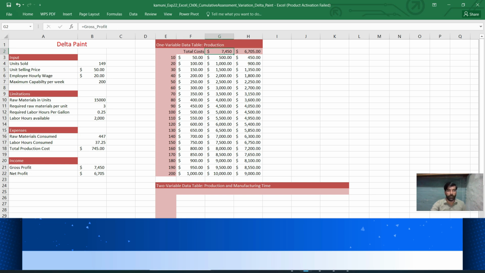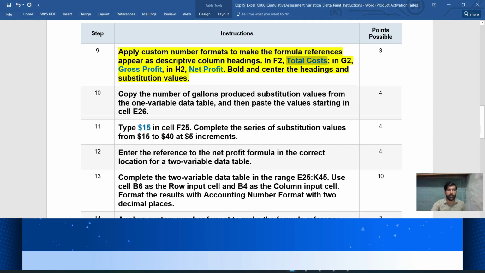Now I move to the next instruction, which says in G2 gross profit. I copy gross profit and put it into G2.